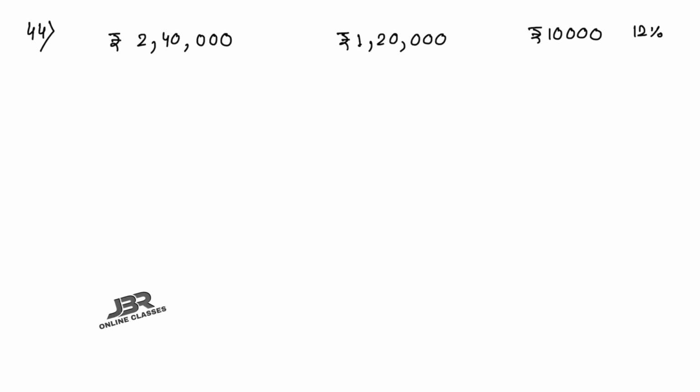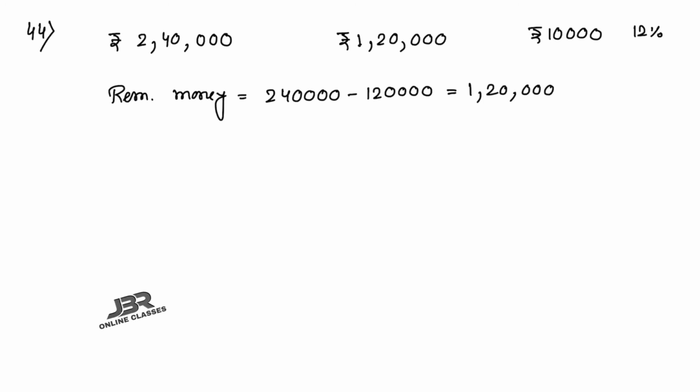Amount of the car, that is 2,40,000. Already he paid 1,20,000. So now you have to pay the remaining money here. So remaining amount you can write down, that one equal to 2,40,000 minus 1,20,000. So that one equal to here 1,20,000. Okay. So now as we know that the rest amount 1,20,000, Kumar pays in annual installment of rupees 10,000 plus 12% interest. Remember that 10,000 plus 12% interest. Given condition, the interest paid annually.